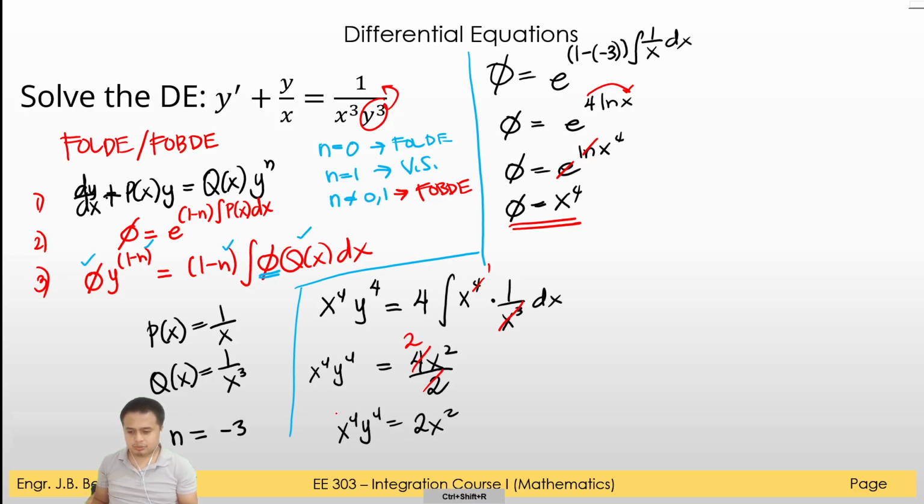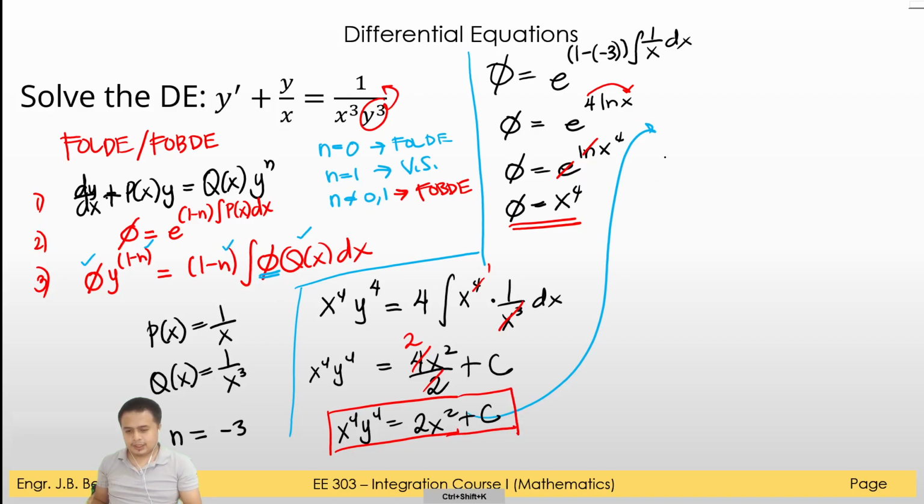Anyways, you can just box this out. But what if you need to simplify this? Sorry, we have a plus c. We forgot the plus c, no? So we're integrating, so there should be a plus c here. So plus c. Okay, so if you want to simplify this as an explicit function,